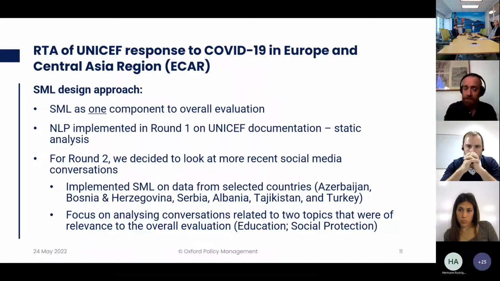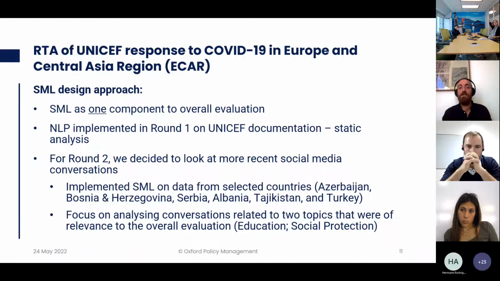So what we did was, in this RTA, we had round 1 and round 2. In round 1, we implemented a static analysis, NLP analysis of UNICEF documentation, something that enriched the analysis that our consultants did by reviewing documents. But the more interesting part from our perspective was in round 2, where we decided to look at more recent